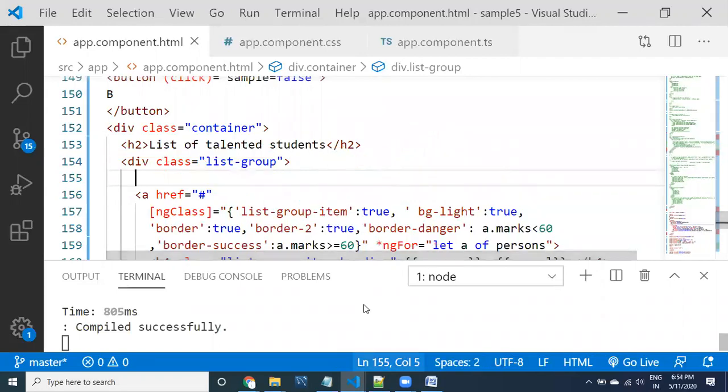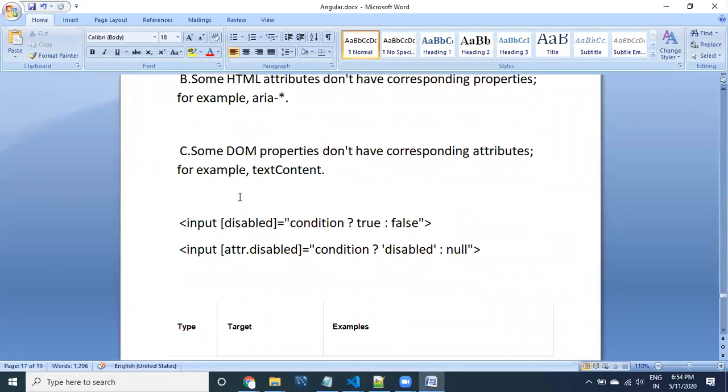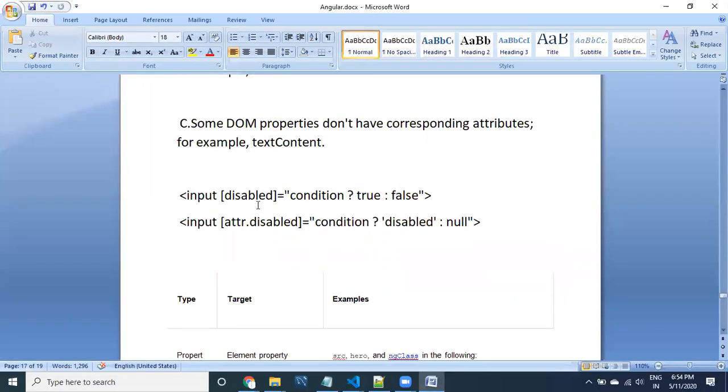Let us come to the next step. Let us look at input. If I take disabled, and you are providing some condition, you are assigning the value.